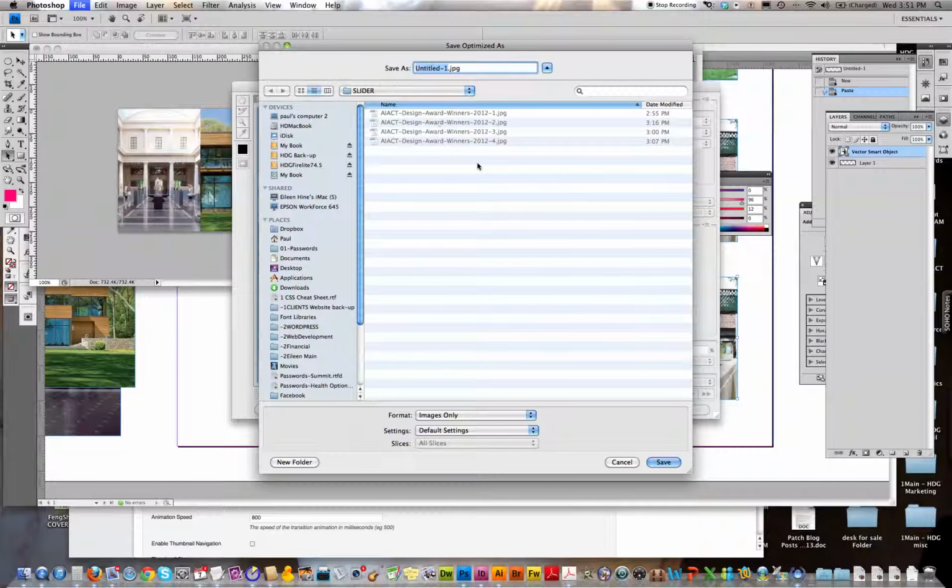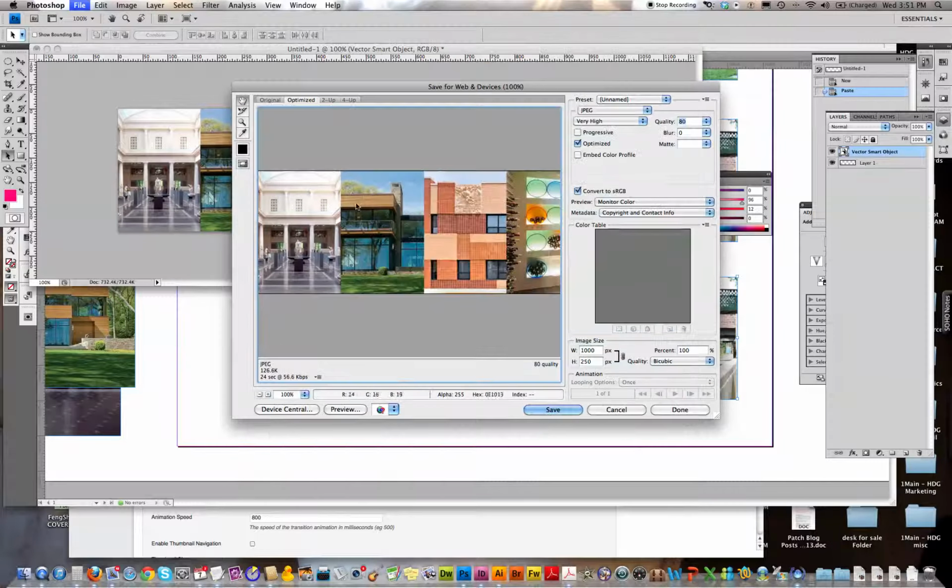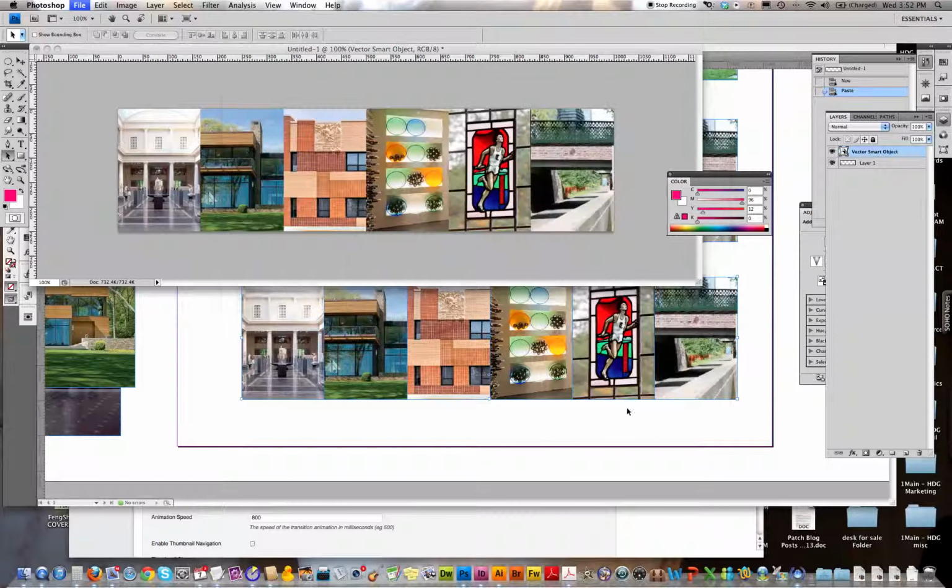I've already done these four, so I'm not going to save this one, but I've used this naming convention, AIA Design Award Winners, and then I put the date for the year in there, and 1, 2, 3, 4, and we'll just save it. But I'm not going to save it. I'm going to cancel it. And cancel out of that. And so we're good to go. We've got the images ready, and in the next video I'll show you how to bring them into the